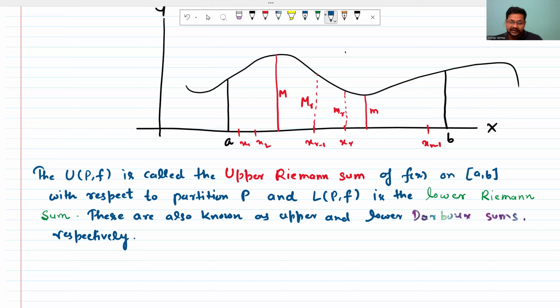ओके, इट मीन्स दैट जो भी हमारे पास सेट बनेगा अपर रिमान सम्स का, चेंजिंग द पार्टीशन, जब हम पार्टीशन चेंज करेंगे तो डिफरेंट डिफरेंट रिमान सम्स हमारे पास आएंगे, तो उनका जब हम कलेक्शन करेंगे तो वो जो सेट बनेगा वो सेट भी हमारे पास बाउंडेड होगा, बिकॉज उसके अंदर सारी की सारी फाइनाइट वैल्यू होंगी। तो वी हैव सम लिमिट कि भाई इससे बड़ी वैल्यू नहीं आ रही है, इससे छोटी वैल्यू भी नहीं आ रही है।